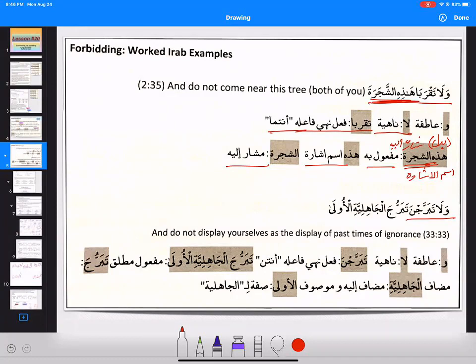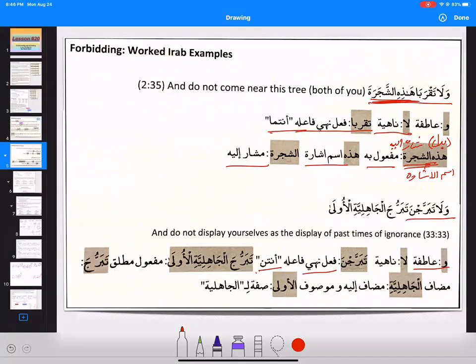So wow is our atifa over here, la is nahiya, and tabarrajna is fail nahi, fail is antunna, and tabarrujal jahiliyatil ula, the whole thing is,